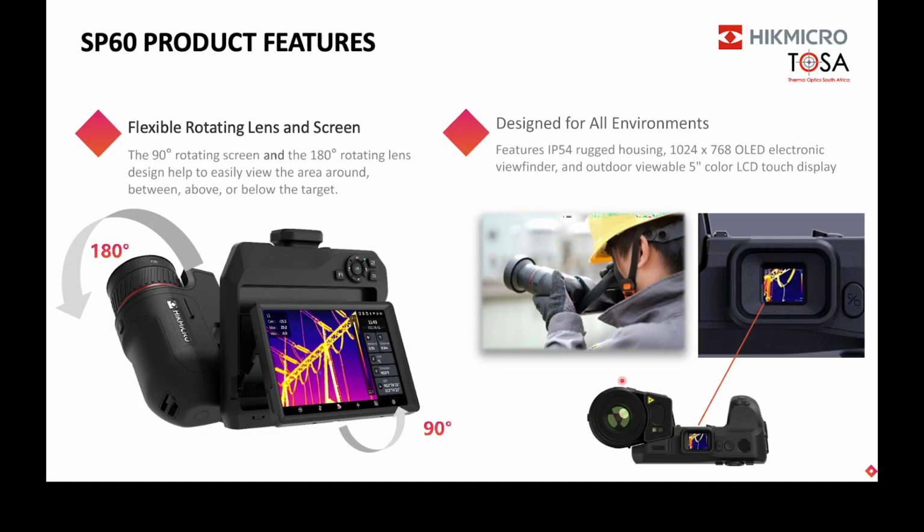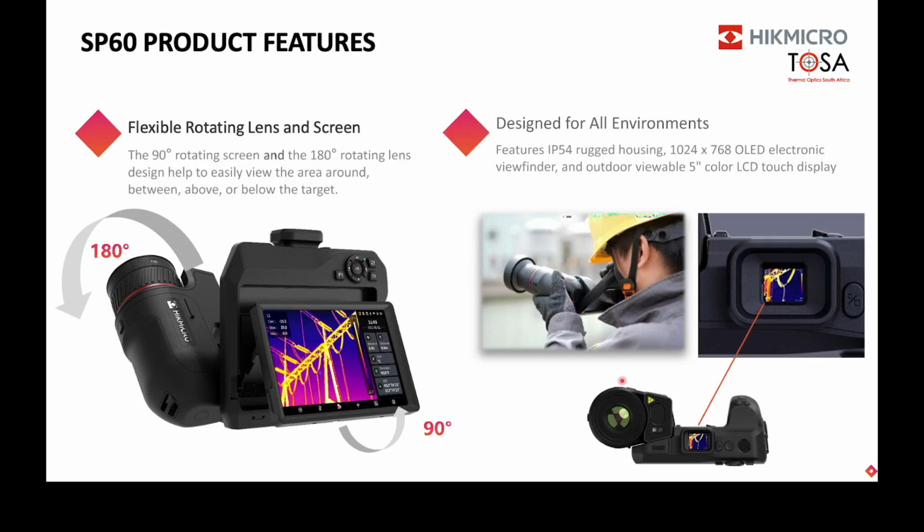The SP series is the top of the line. As you can see, it's got a separate rotating lens. The lenses are replaceable. I'm going to show that in a moment. And then it's got this display that you can move at any angle. And then on the right hand side there you can see the top of the line, this SP60 series,